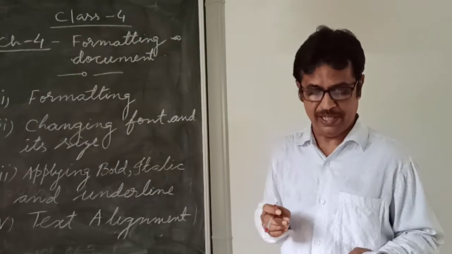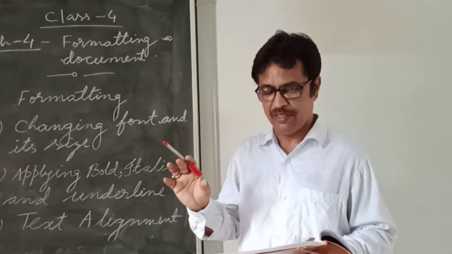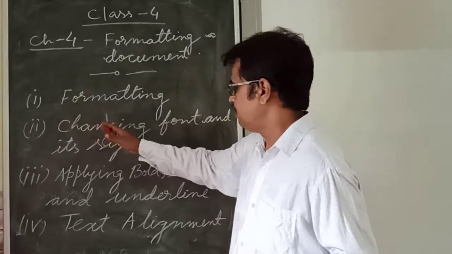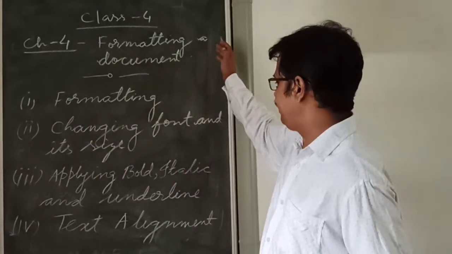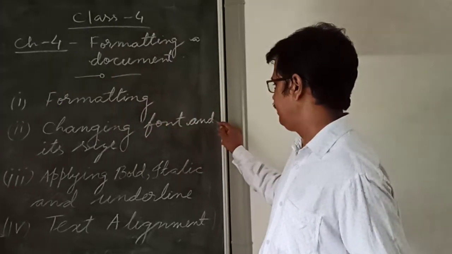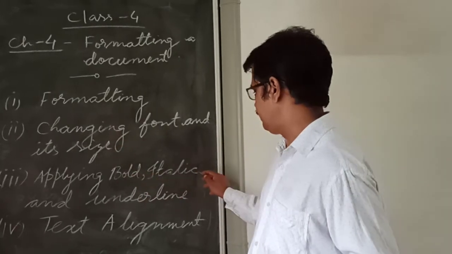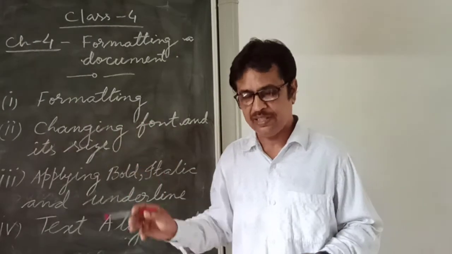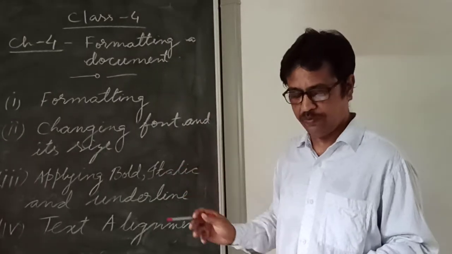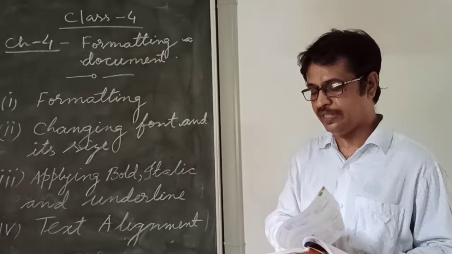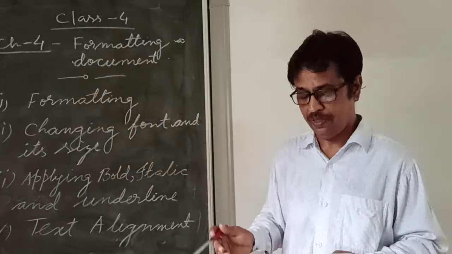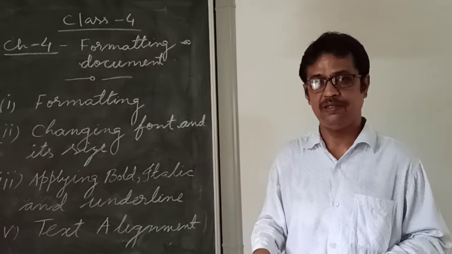And the last one is justify. It places the text evenly between the left and right margin. It means your writing starts at the left margin and ends at the right margin in the same line. Not like this, where one line is ending here, the next line is ending here, another line is ending here. If you select justify, it will make all the lines end in the same line. This is the use of justify, like book writing. In a book you can see all the lines are ending in the same line. So this is the use of justify alignment.